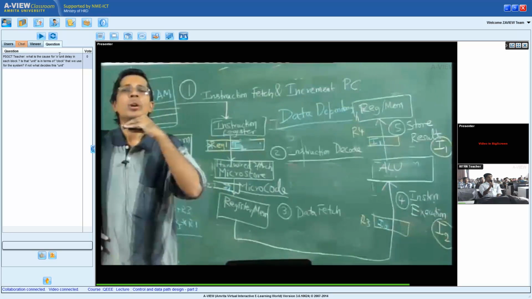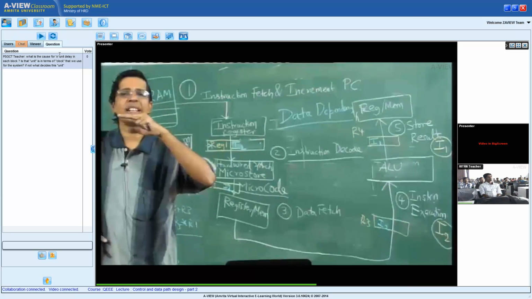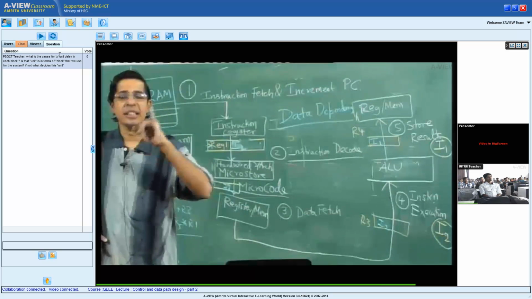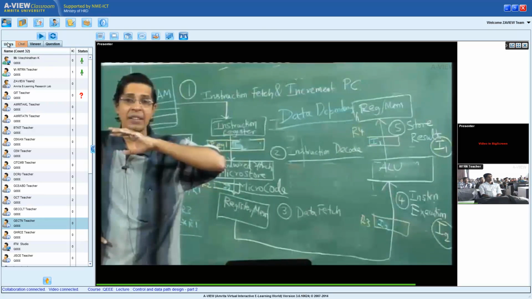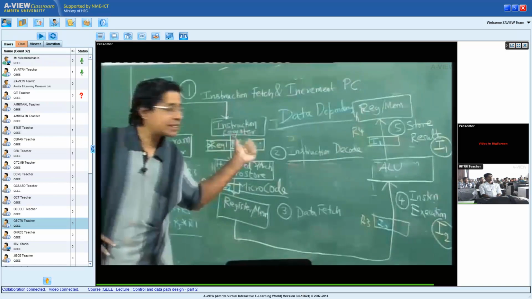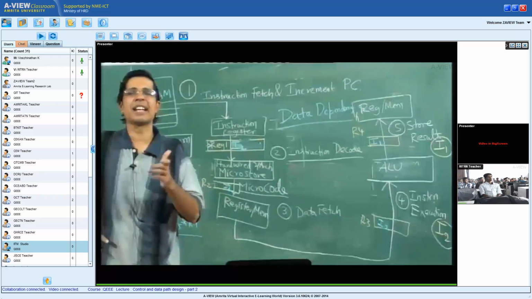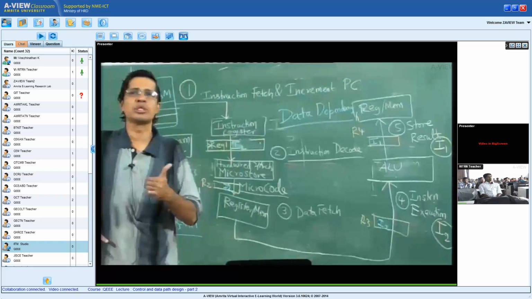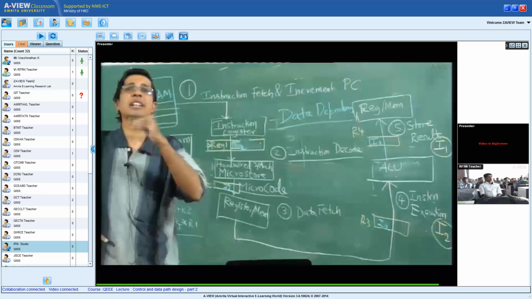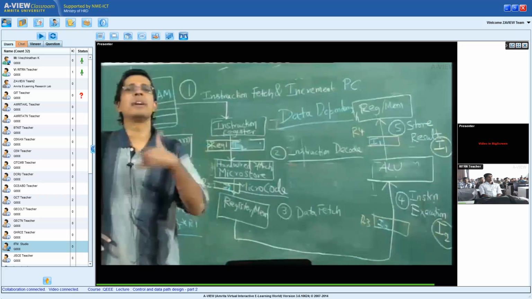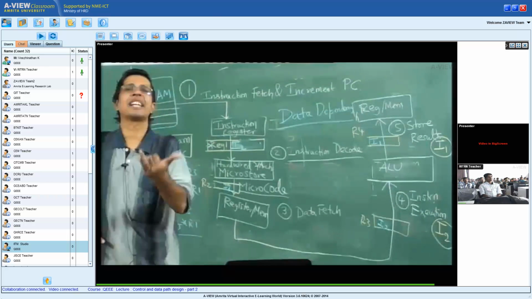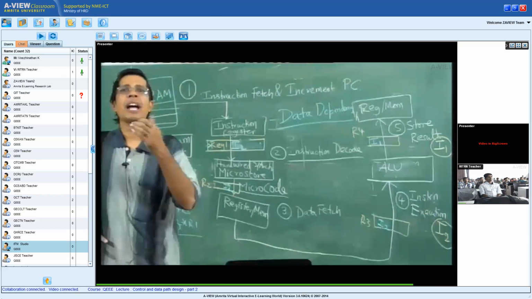So there are two ways of handling errors. Number one, errors that could be handled by the hardware itself. One such error is this data dependency and the control. We can't call it an error, but it should be some controlled execution. But there are errors which are done by the program. The programmer writes a wrong program. One such example is this divide by 0, and that is handled